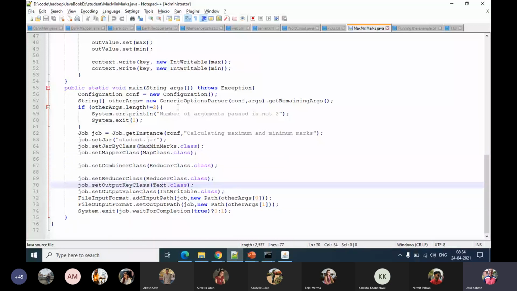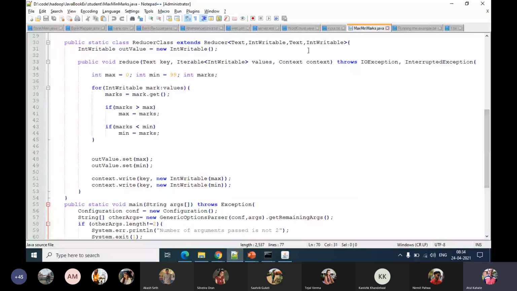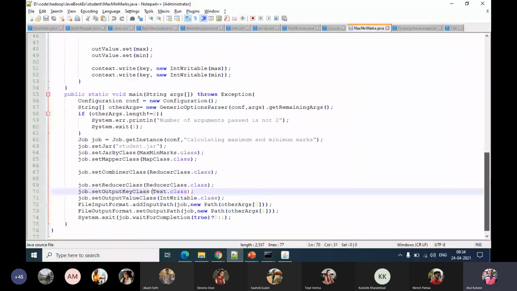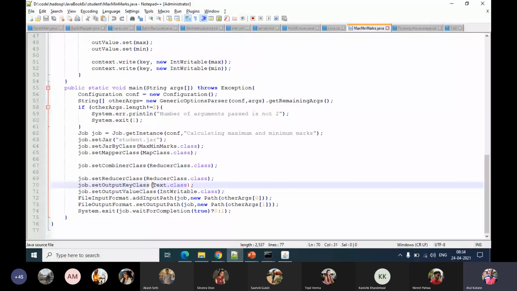And here, by the way, is another change that you may have to make. Depending on what we are outputting, here we are outputting text and int writable. So the output key class is set to text, output value class is set to int writable.